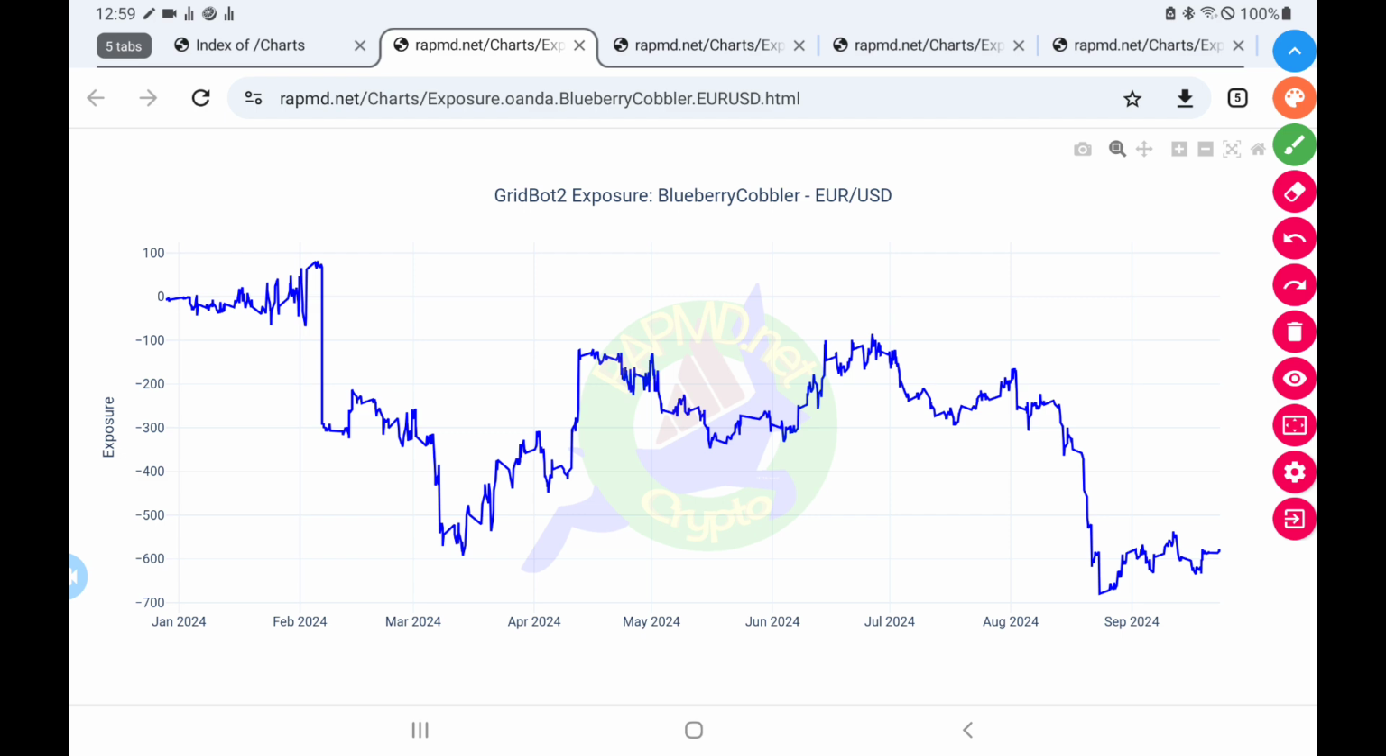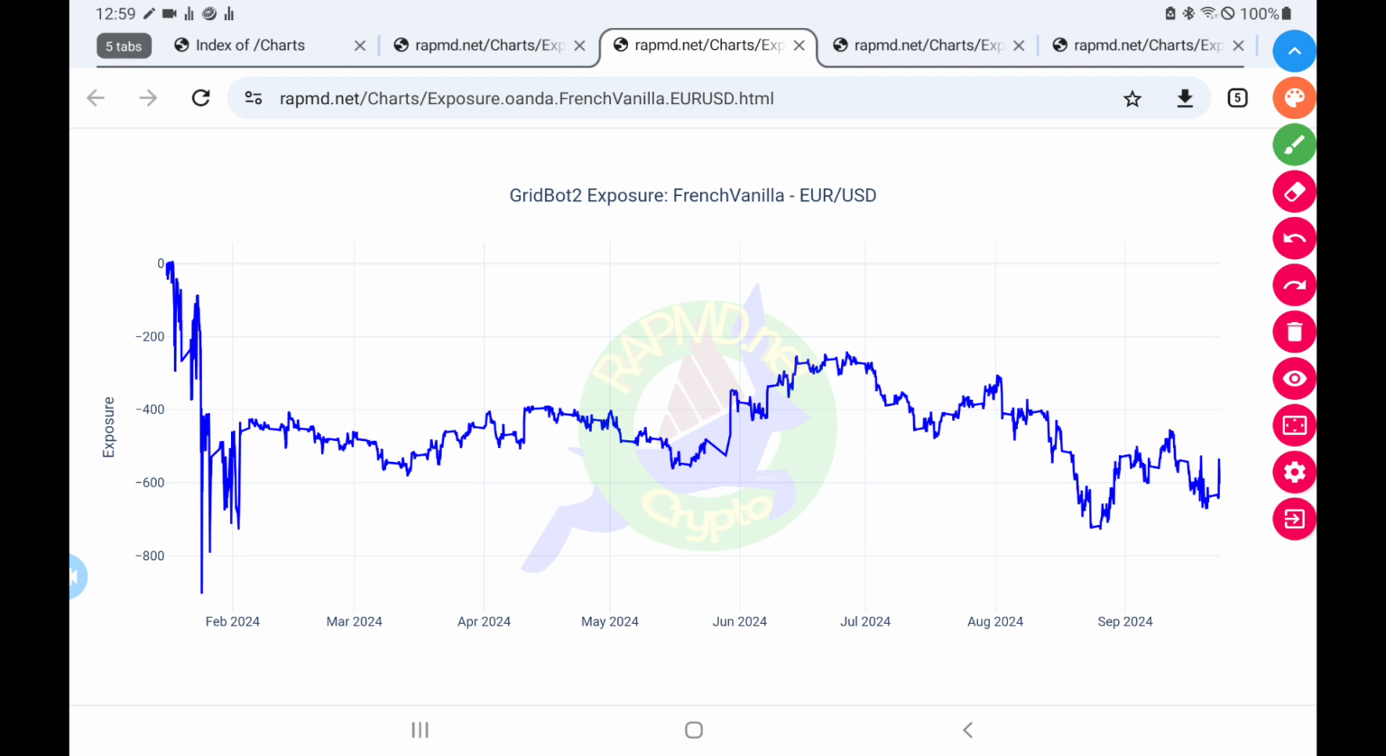Blueberry cobbler, not good. French vanilla. French vanilla is a serious bite,